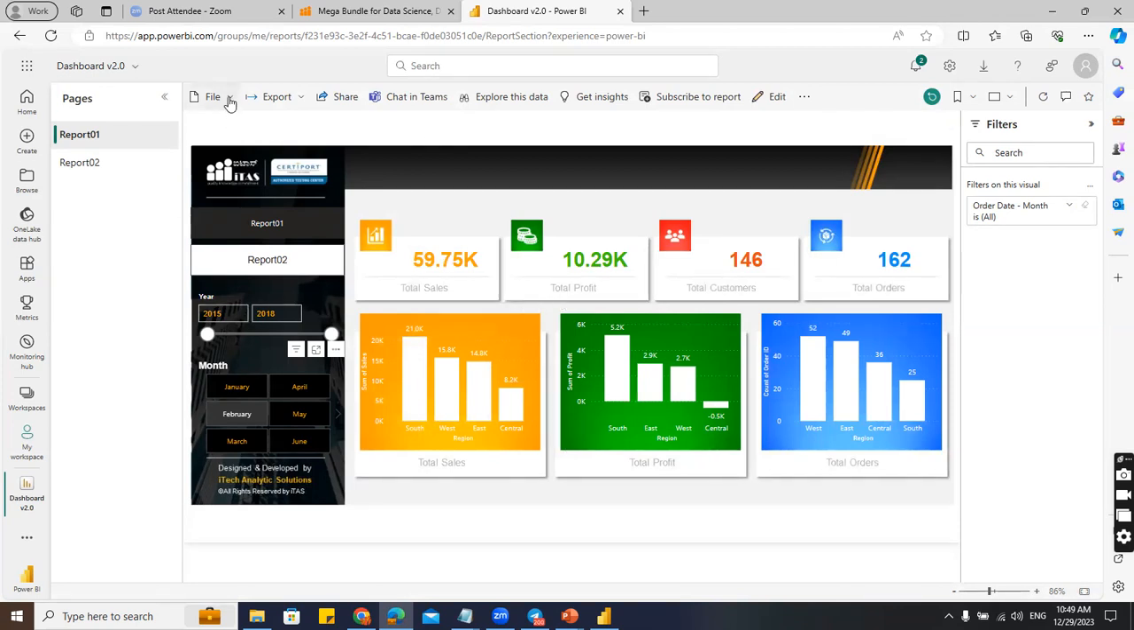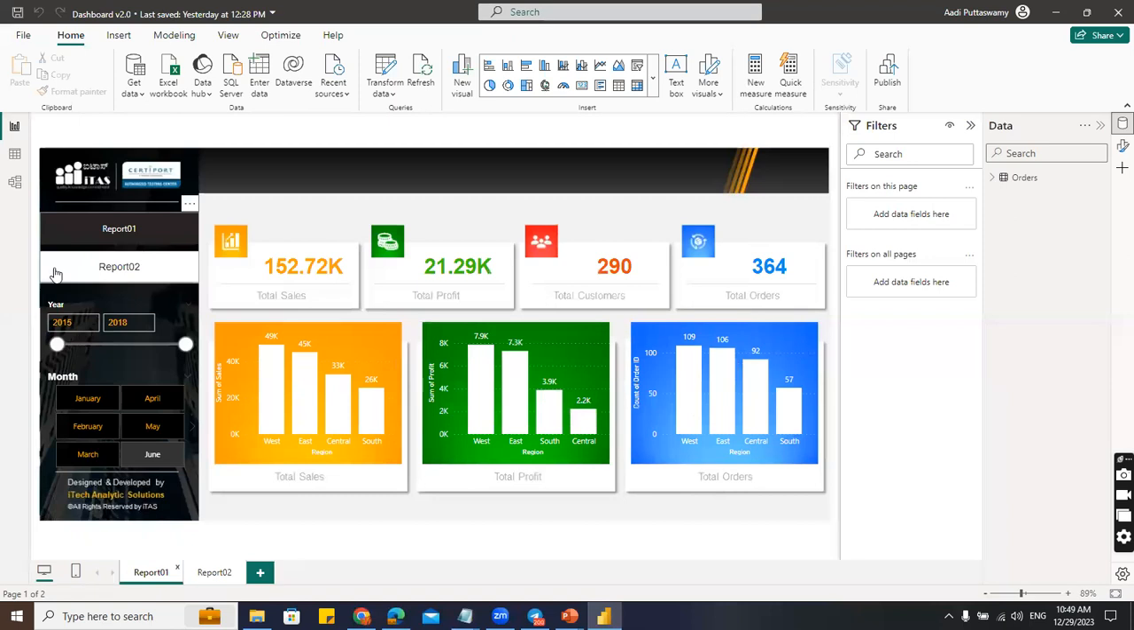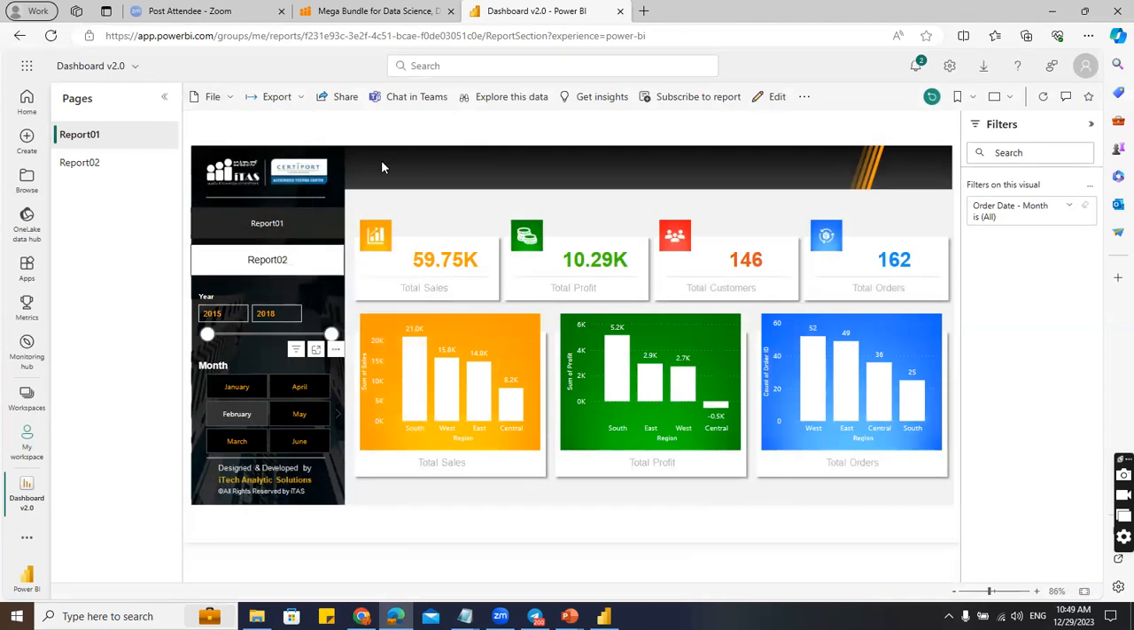Now, suppose if you think I want to save a copy of it. Why do we have to save a copy of it? Say, for example, if I do any changes here, and if I refresh, that will get changed here online. If I do any changes in desktop, and if I again publish it, I save this and publish it, that will get replaced here in the online. But if I do any changes here,